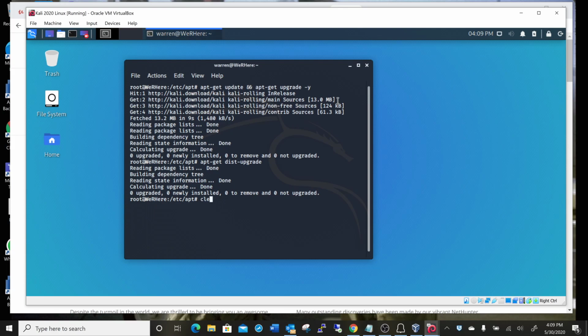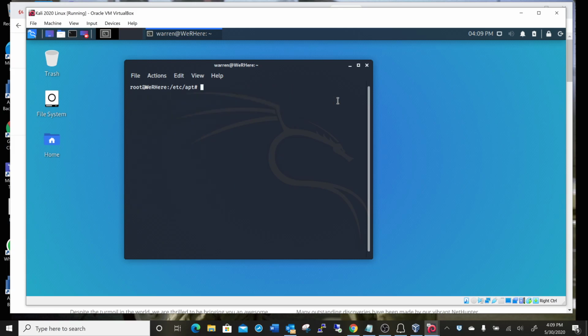I'm going to clear the screen. All I have to do is learn to type. All right. The next thing we want to do is install Linux headers. And you don't want to have to type all this. So first thing we're going to do is